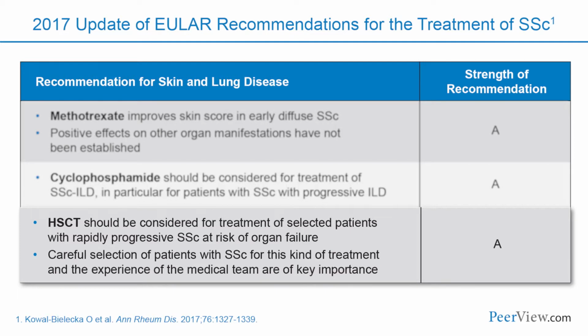And finally, hematopoietic stem cell therapy, HSCT, should be considered for the treatment of selected patients with rapidly progressive systemic sclerosis at risk of organ failure and death. Careful selection of patients with scleroderma for this kind of treatment and the experience of the medical team are of key importance. So, Dr. Silver,